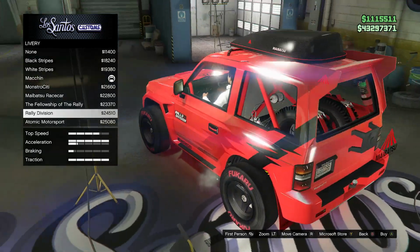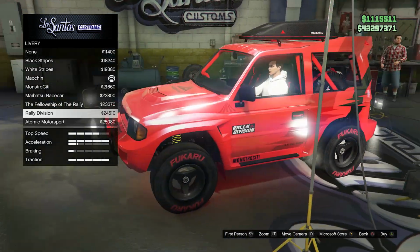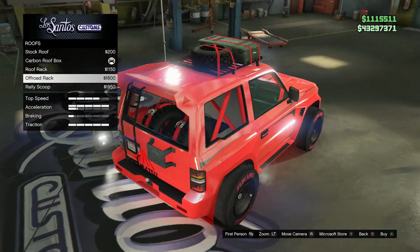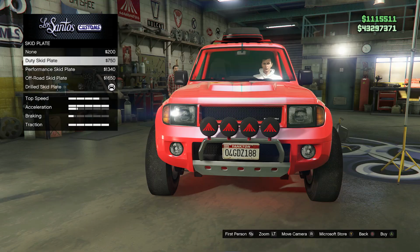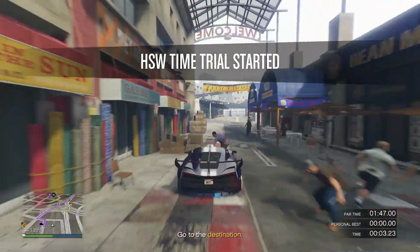And looking at it from the side, the length of the vehicle is actually very short, which makes the handling of it very good. It's a relatively smaller off-road vehicle. It's not like the Camacho or any of the bigger trucks that go off-road. Great handling and quick off-roader right here. Definitely recommend this one. The Cyclone 2 is up next, and it holds the crown for the most ridiculous acceleration